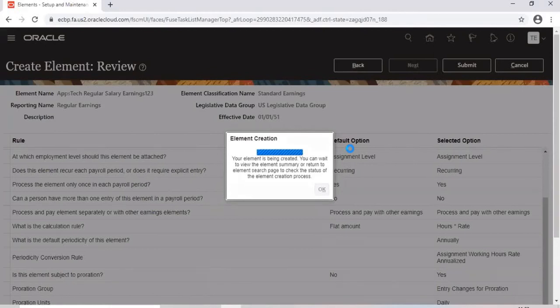By default, US related legislative formula will be created. It will create standard processing rules. It will create input values. All these things will be automatically generated. We are going to see anyway. It will take a little while. Maybe it takes sometimes 1 minute, 2 minutes. Meanwhile, you can ask me questions if you have any.